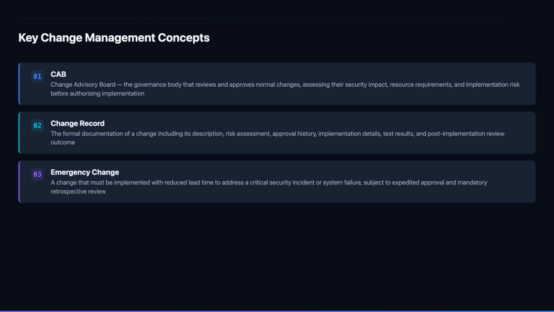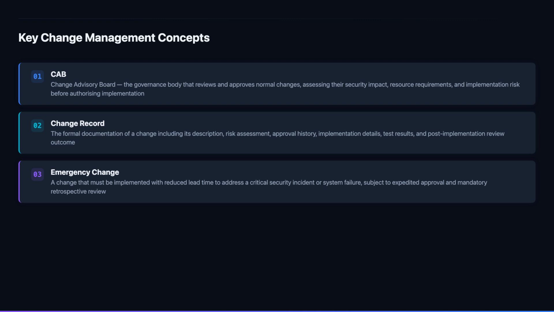Effective emergency change management requires a defined emergency approval path, typically a single senior approver rather than a full CAB, that provides oversight without the delay of a normal approval cycle. Every emergency change must be logged at the time it is made and subjected to retrospective CAB review as soon as practicable. Patterns of frequent emergency changes may indicate that the normal change process is too slow for operational needs